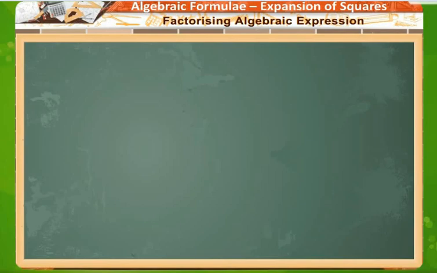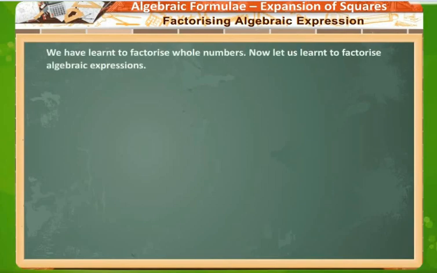We have already studied about the formulas. Now we are going to study about factorizing. We all know, children, that numbers that we have are in the form of factors. Now numbers form factors using the prime numbers. We all know that there are prime numbers and composite numbers. Composite numbers are those numbers which can be split up into prime numbers.